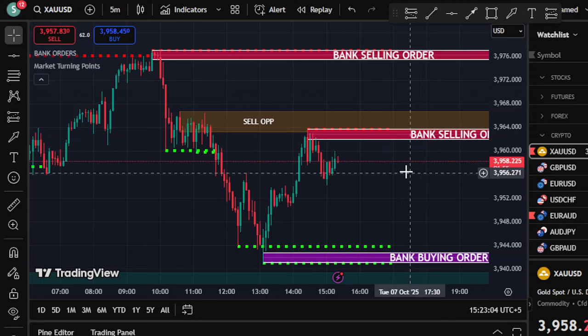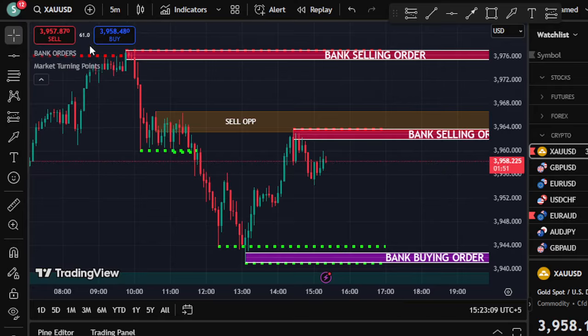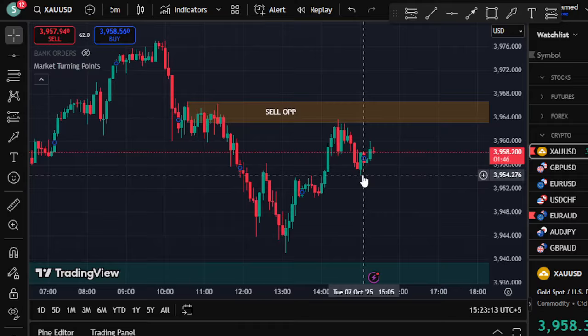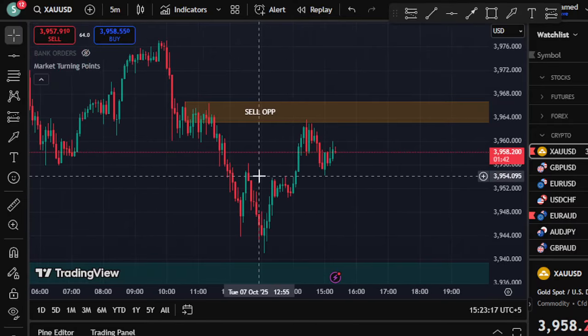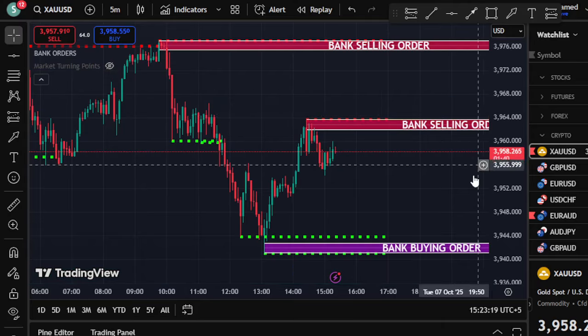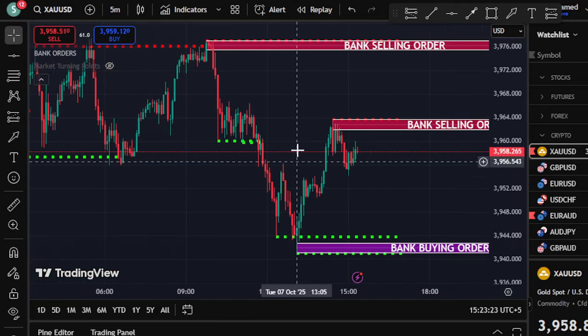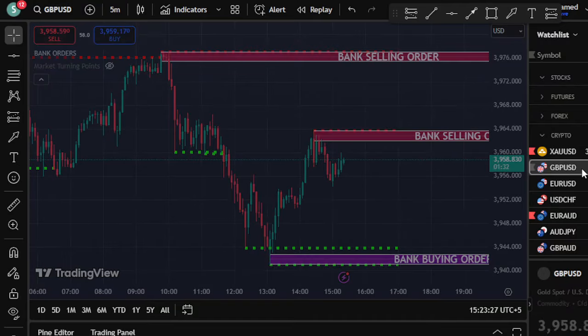In this video, I'm going to talk about the best two TradingView indicators that are working perfectly fine for us. The first indicator is the Market Turning Points, which provides you the key reversals in the market, and this indicator works in real time. The second indicator is called the Bank Indicator, and this is also very good even if you are a scalper or a day trader. This helps a lot in your trading business.